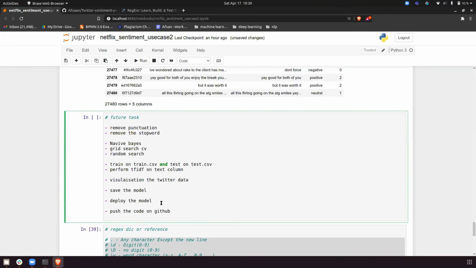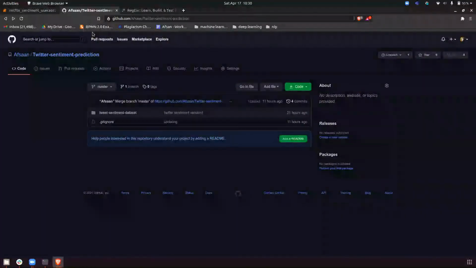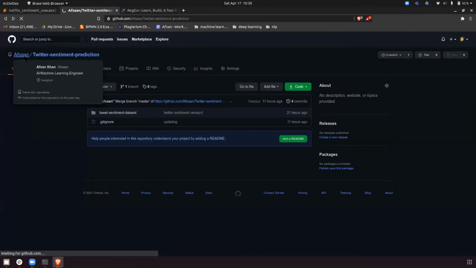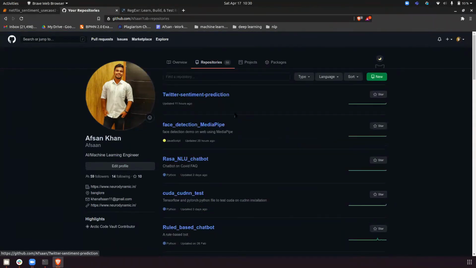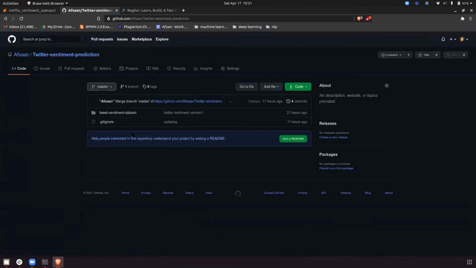Push everything on GitHub so that anyone who sees your GitHub will know you have actually done the project. Suppose I'm a recruiter: I see he has mentioned tweet analysis, great, let's see his code. A recruiter or HR can see my code directly from here, so we don't have to call you for the code. Just a small tip to improve your GitHub profile. That's it.